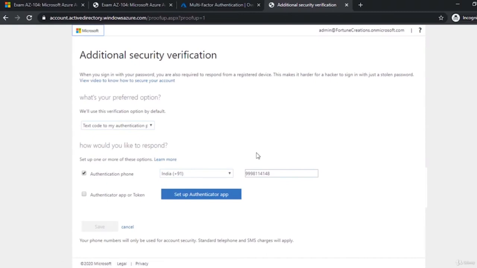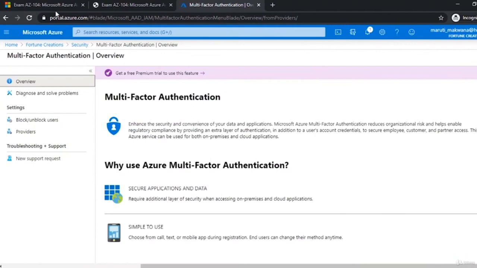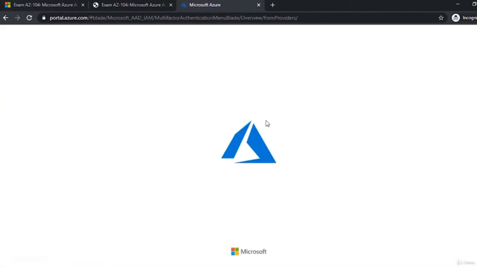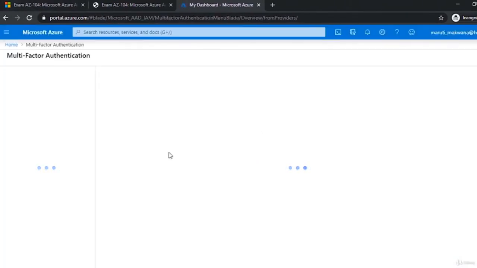configure. So my phone number is already set. If I want to additionally set an authenticator app, which is the Microsoft Authenticator app, we can do that, but I do not want to do that right now. One authentication association with this is enough. I'm refreshing my browser page back in that Active Directory, and now if I go to security, maybe that will be enabled.